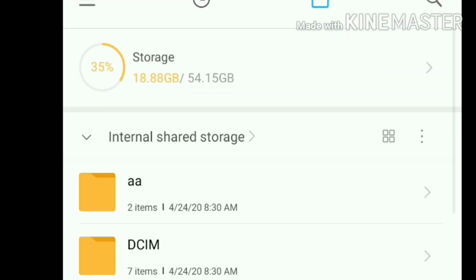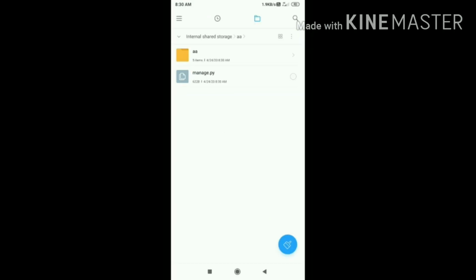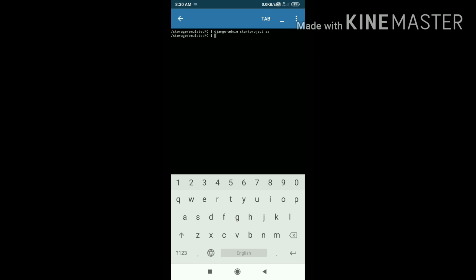So let's jump to the file manager, and here we can see that we got a project, and inside our project we got two more items. One is manage.py, which is basically used to run our server, and the other is a folder, and inside this folder we got five more files, and we will discuss these files while using them. In this video we are going to use urls.py, which is basically used to set the patterns of our URLs, like which is the first page, which is the second page, and so on.